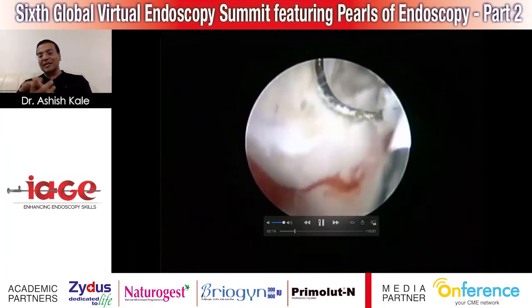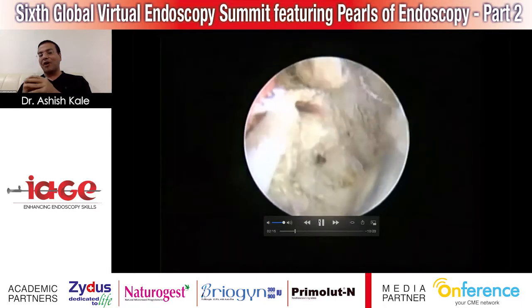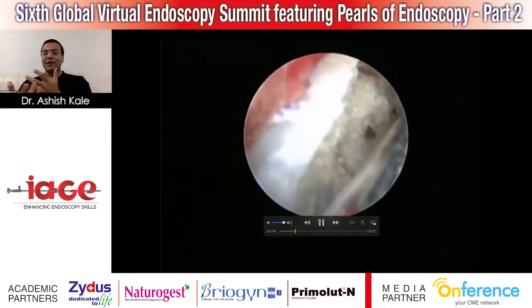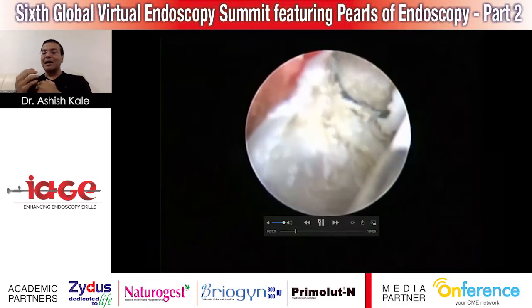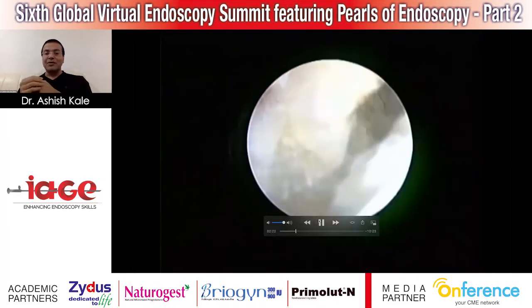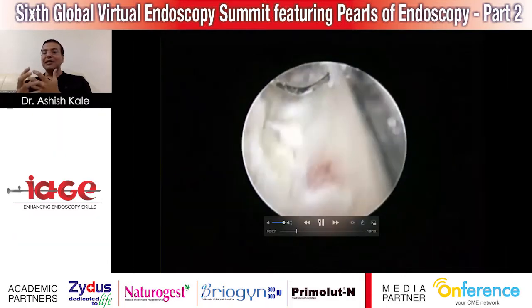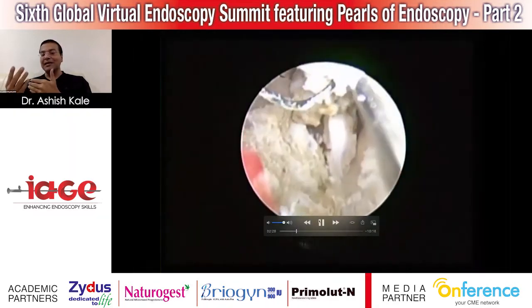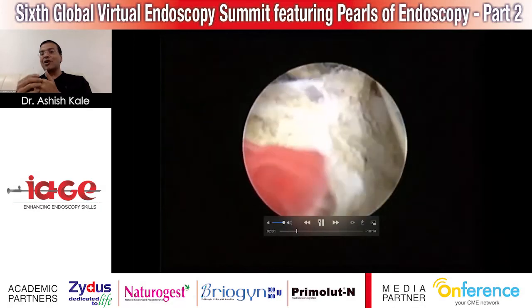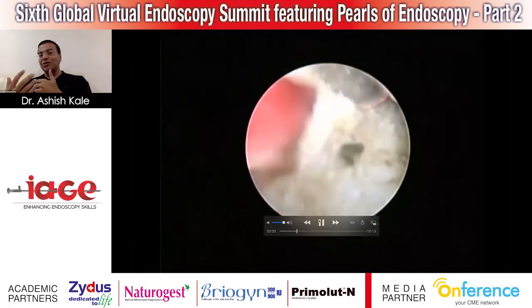Coming down to the resection principles, there are two types of working element, maybe active and passive blade. So whichever instrument you are comfortable with, see to it that the active element should be under vision. It should not just be digging into the uterine cavity.